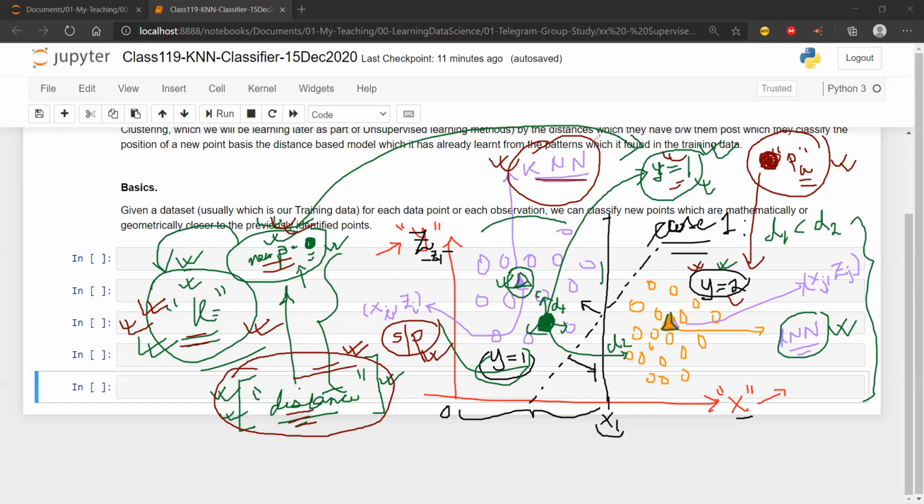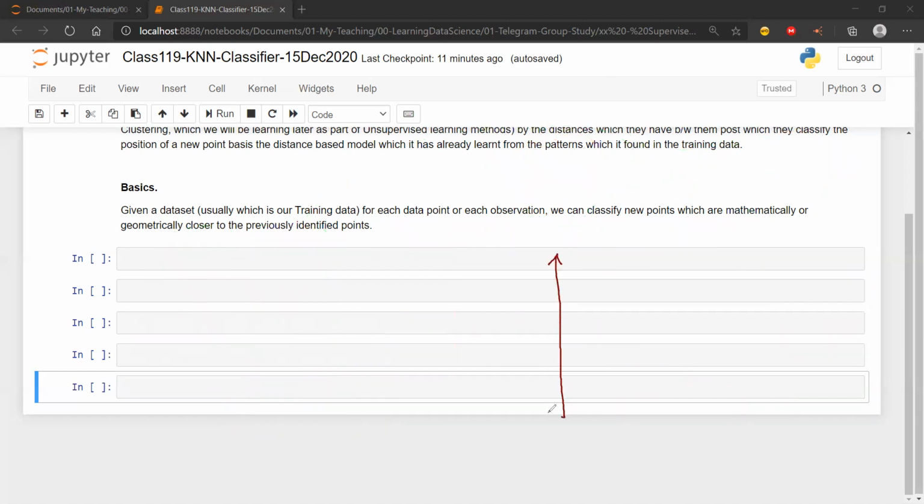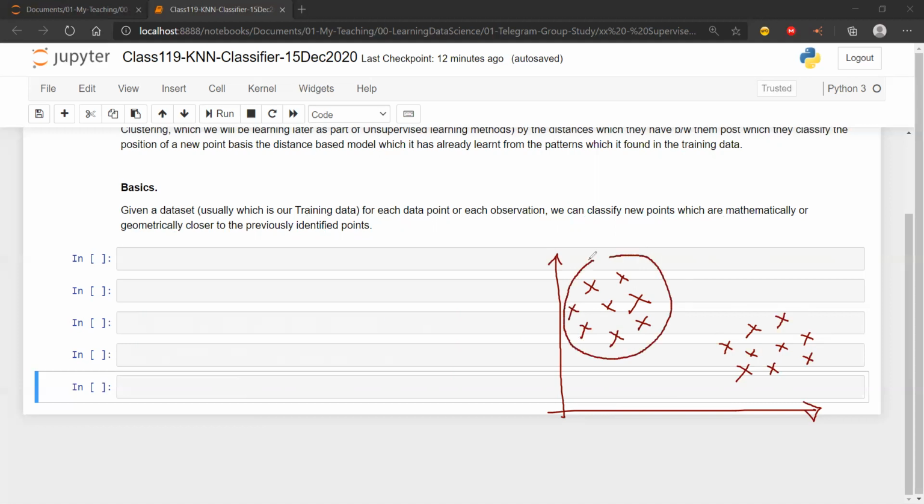Now, there is one thing I wanted to clearly tell you. I'm just going to redraw one more kind of scenario, in which I'm going to do a clear bifurcation and go in depth also. So don't worry, whatever I'm saying, I'm going to be repeating that 100 times. Although this is a very easy algorithm to understand, there is always a confusion, and the confusion is always with the other technique whose name is really similar to KNN. KNN is K nearest neighbor, and there is one more technique in unsupervised learning where there is no target.